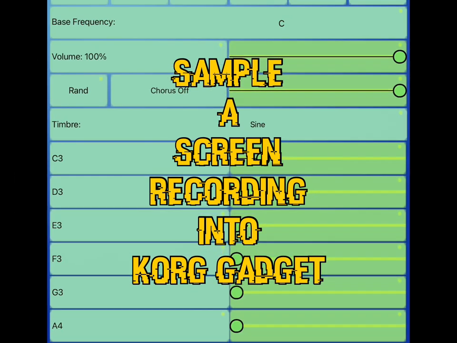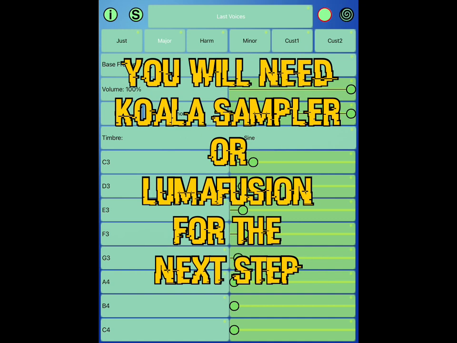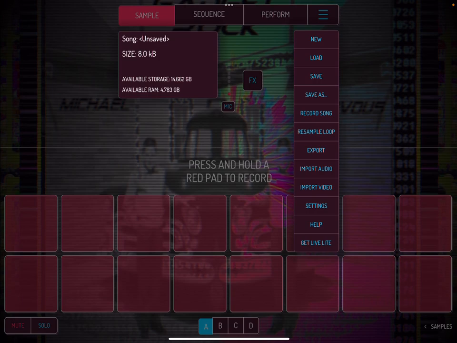All right, let's sample a screen recording into Korg Gadget. It takes a couple steps. You do need another app, so you need a screen recording of whatever app we're using. We're using Drambo right now, and I'm just doing a screen recording. Don't need to save it or anything, you just go straight to the photos, and then you open up Koala,